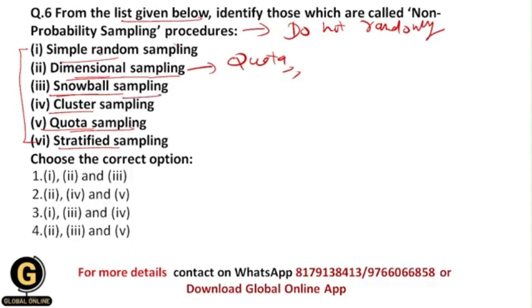In snowball sampling, a researcher encourages the participants who are already under study to ask other participants to get into the study. So basically the researcher asks the participants under study to invite their colleagues or familiar people to participate in the study. This is called snowball sampling. And within quota sampling, the researcher wants specific people who have specific characteristics, and that's why these three are the non-probability sampling procedures. But simple random sampling, cluster sampling and stratified sampling are the probability sampling procedures, and that's why your correct answer should be 4, that is 2, 3 and 5. Okay, next is